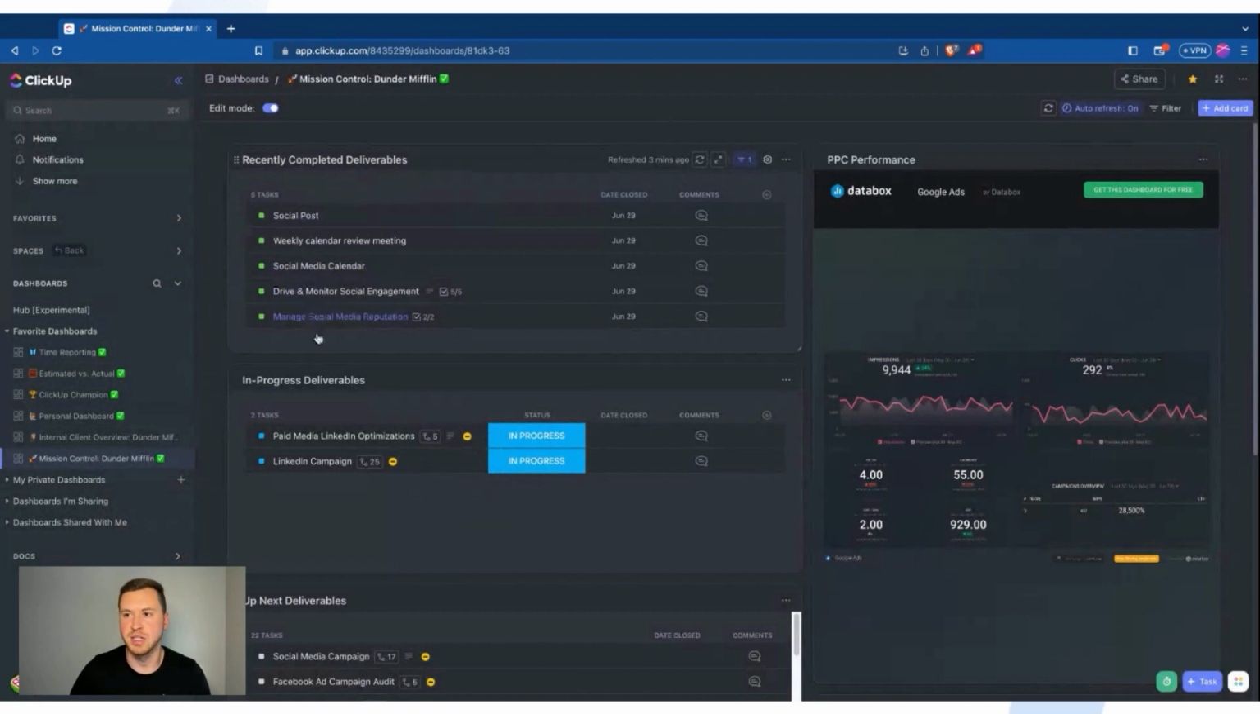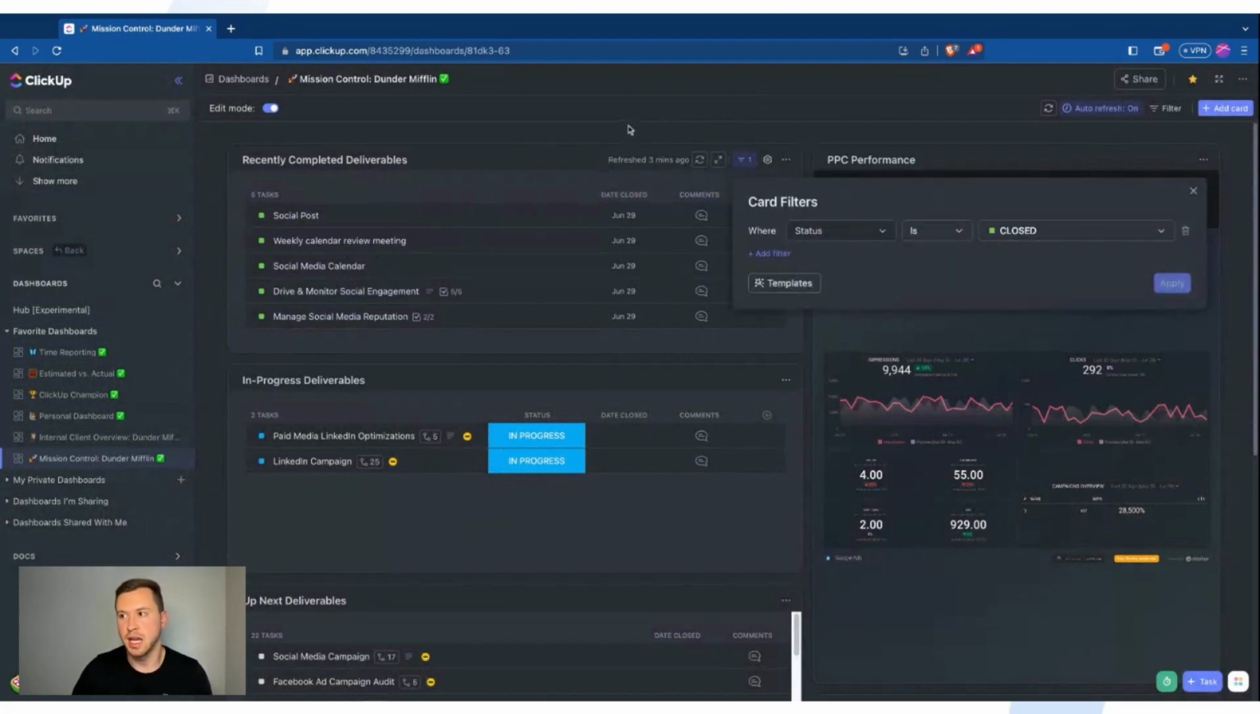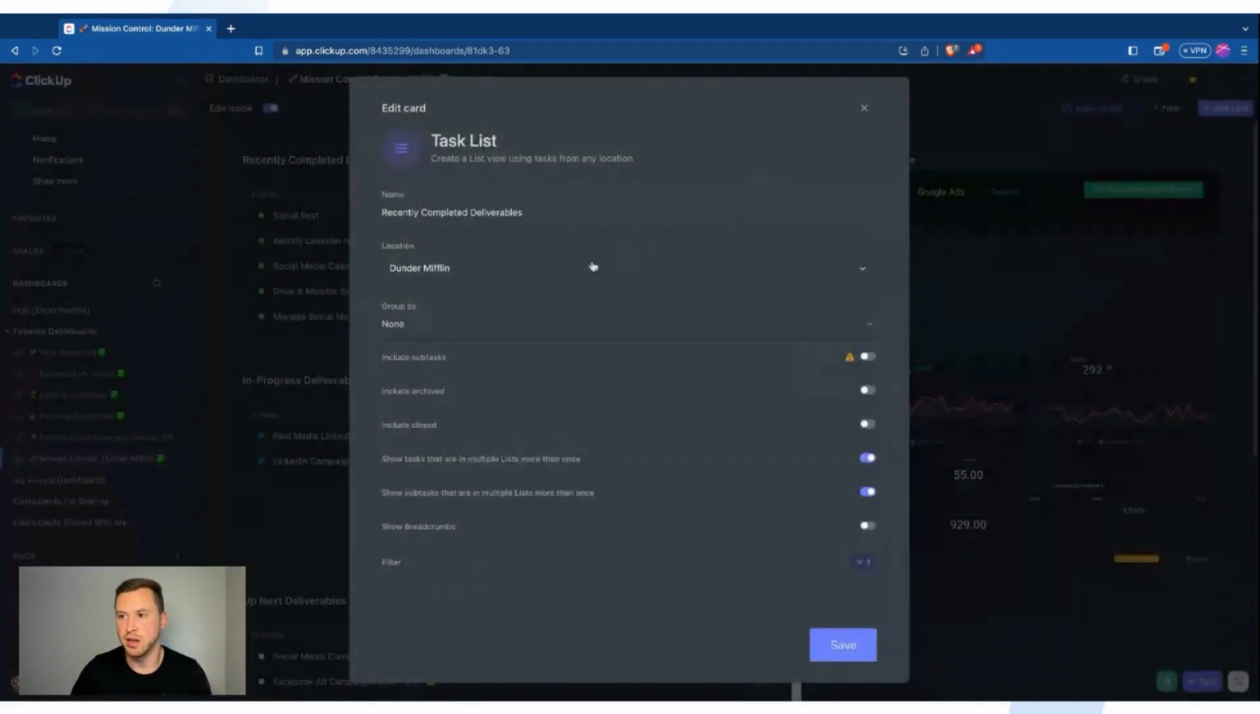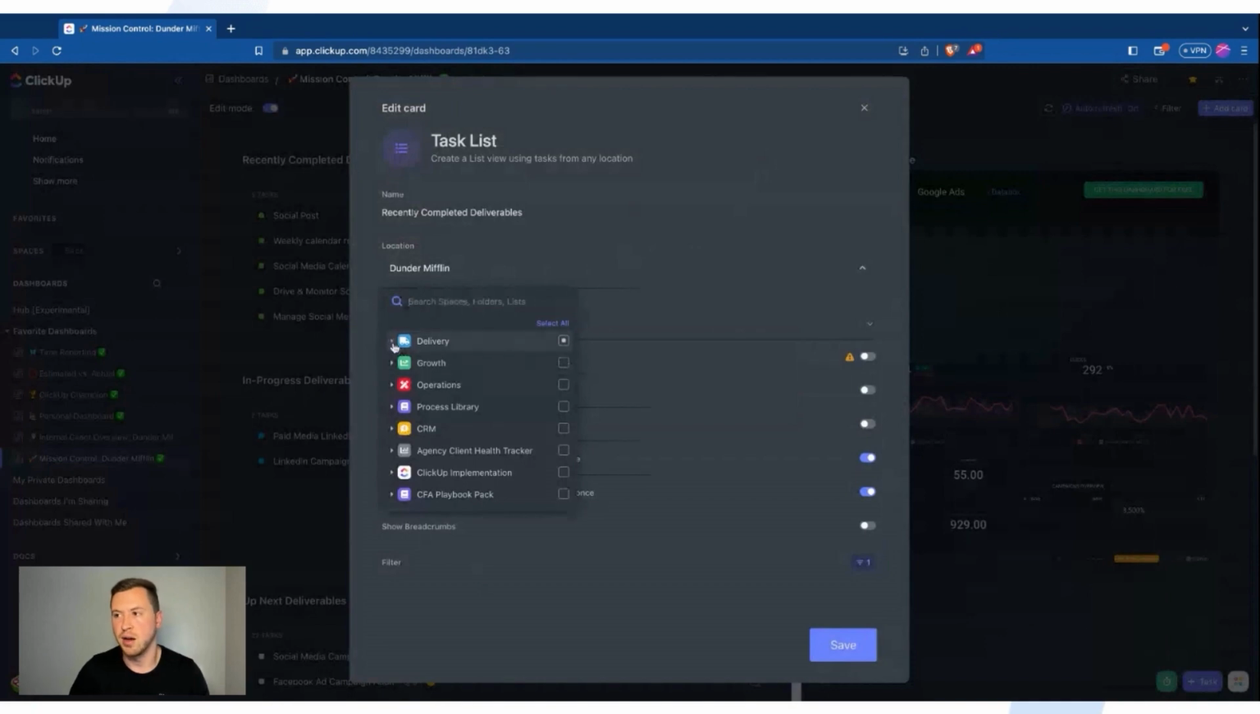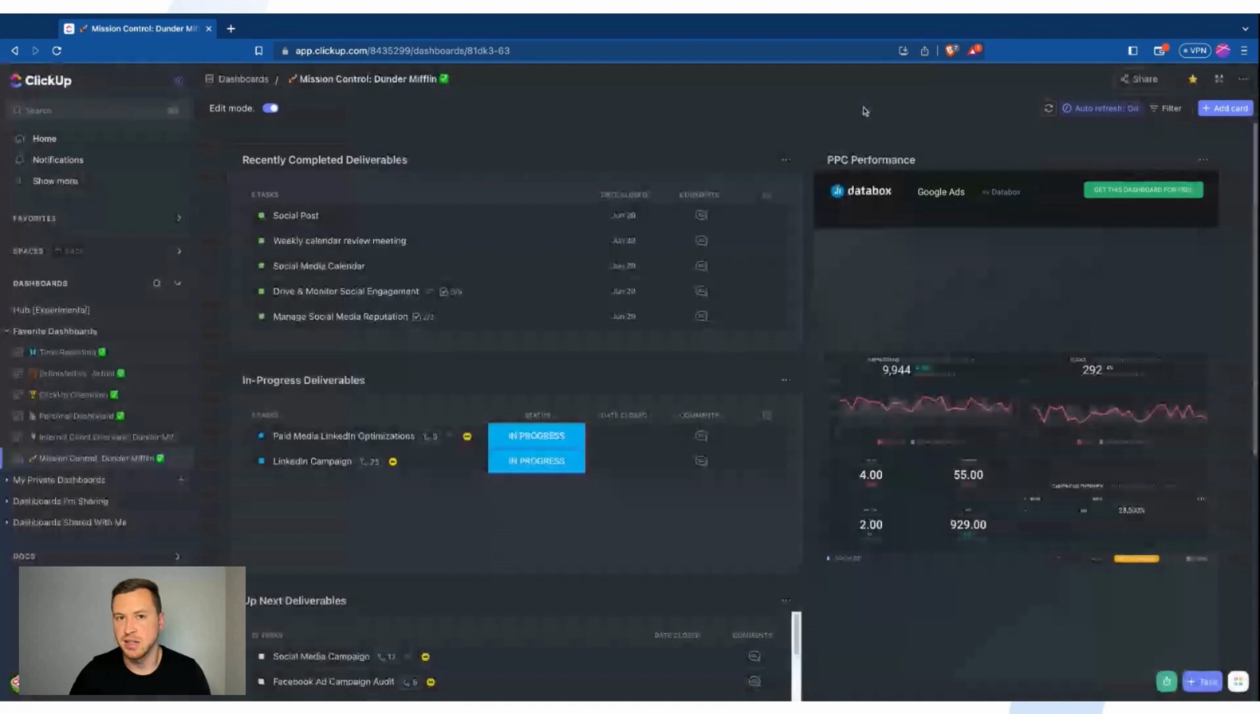So the client can come to see what have we actually done for them, what is complete. So this is going to be filtered down by tasks that are closed, again, in that location. So if this is built for Dunder Mifflin, I can see it's just pared down to that folder. That's why it's super powerful to have that hierarchy so that I can just narrow it down to that one